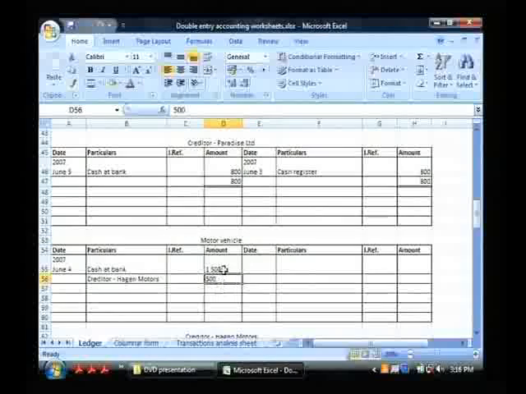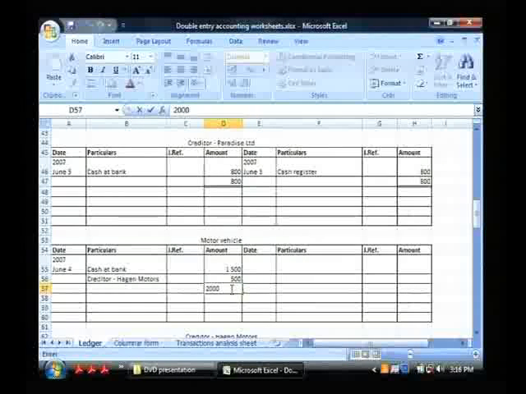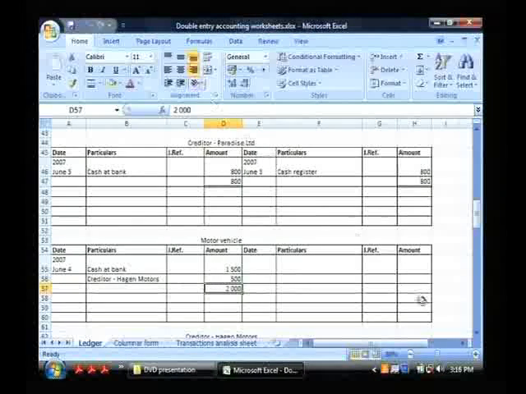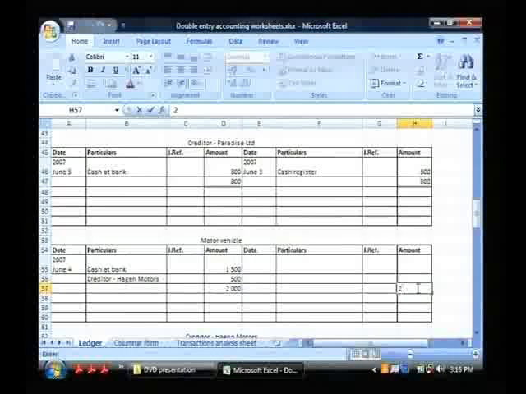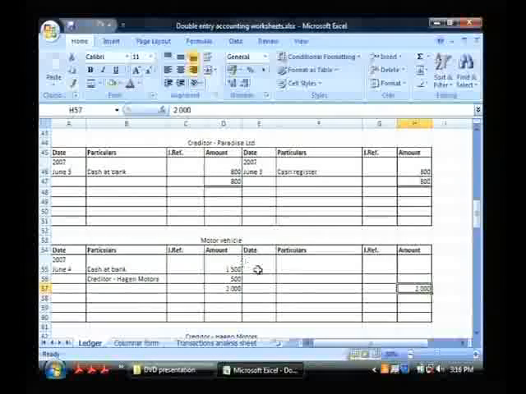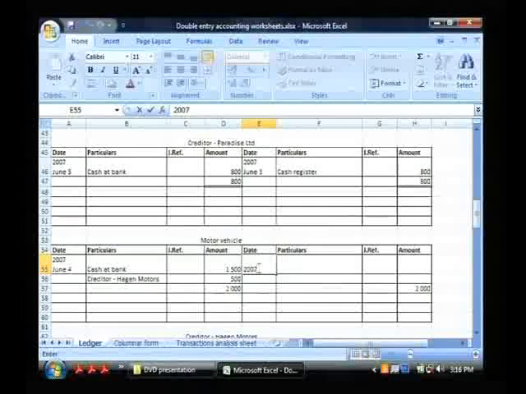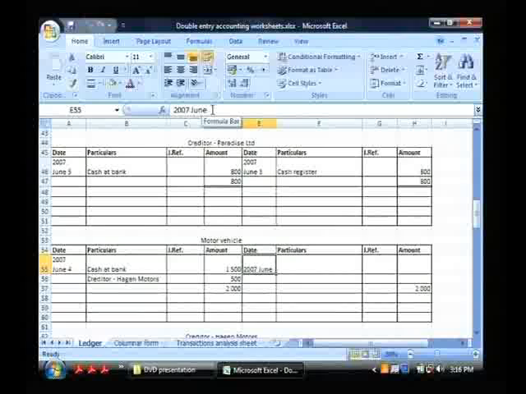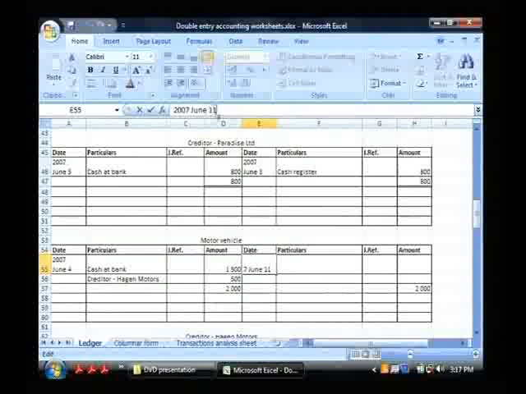Motor vehicle, here we have two entries. Total is 2000, 2000, here again 2000, therefore the balance is June 11th,